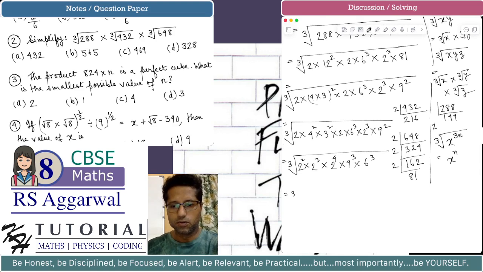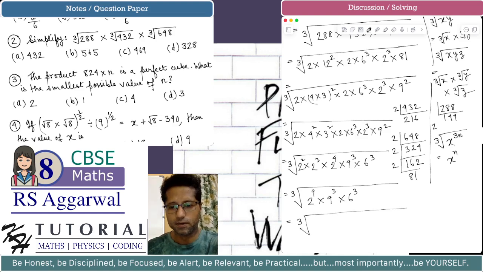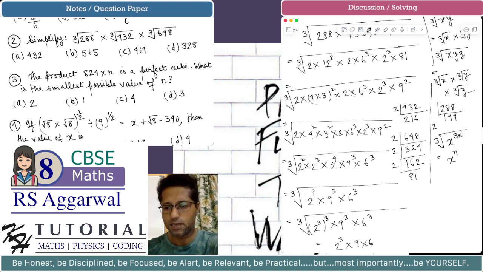Let us now merge the powers of 2. So we have 2 square, 2 cube, and 2 to the power 4. So it becomes 2 to the power 9. That is 3 plus 2 plus 4. And we have 9 cube, and we have 6 cube. This is equal to cube root of 2 to the power 9 can be written as 2 to the power 3 whole cube into 9 cube into 6 cube, and this will be equal to 2 cube multiplied by 9 multiplied by 6,